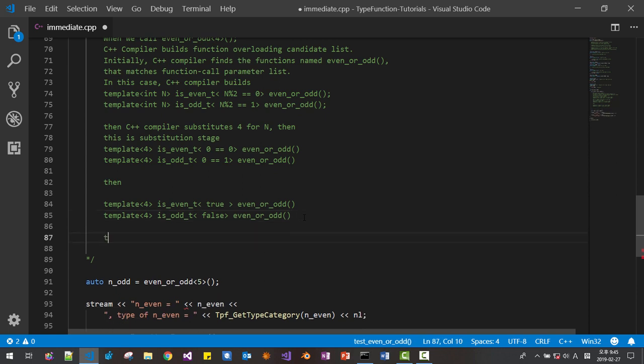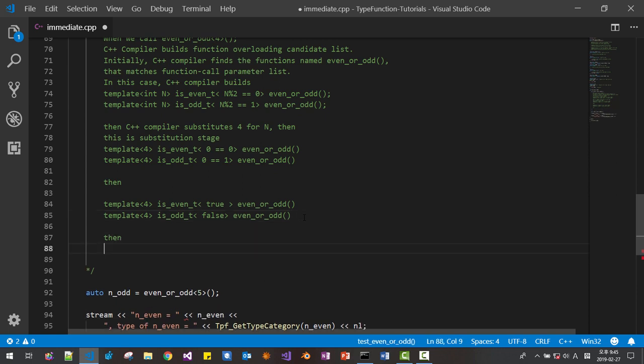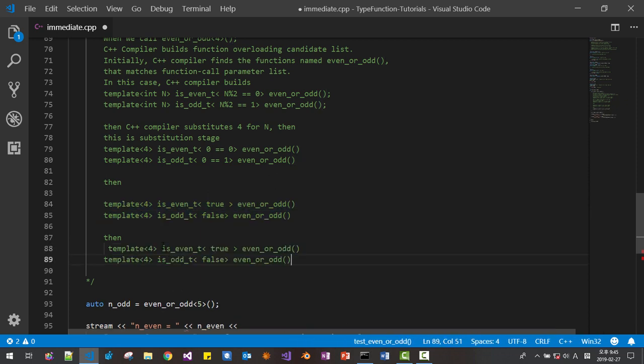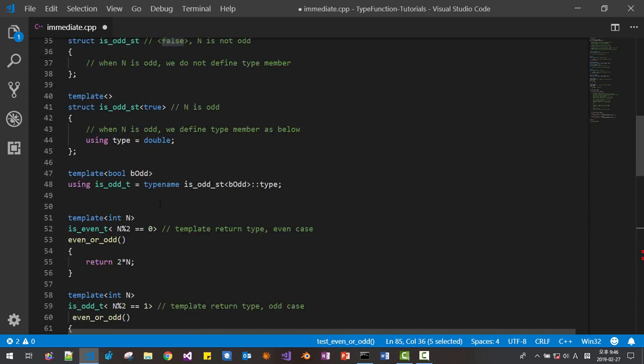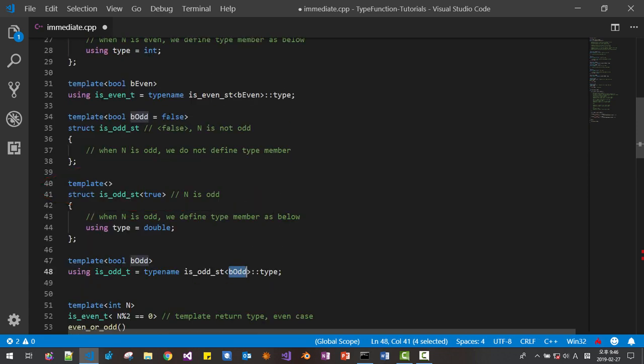Then it becomes like this. Without template, this is int, like this. Now in this case, is_odd_t false, then this function is called, is_odd_t. It is false, then the type does not exist. This type member does not exist.